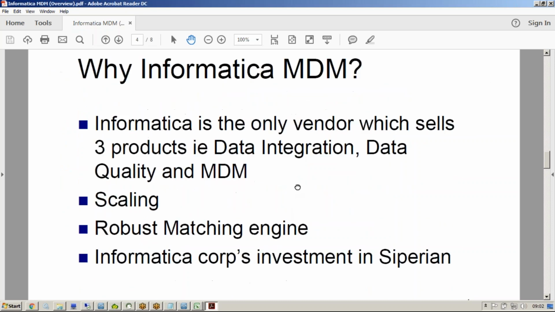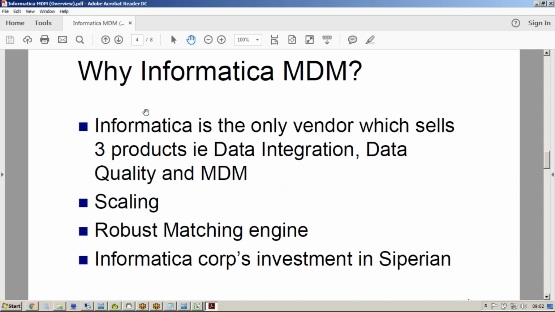And then finally, I'll just conclude the session with this. Now, why Informatica MDM? Because there are major products in market. What difference does this make? First thing is, the main thing is marketing. The marketing that Informatica is doing is quite good, quite aggressive, in the sense that Informatica